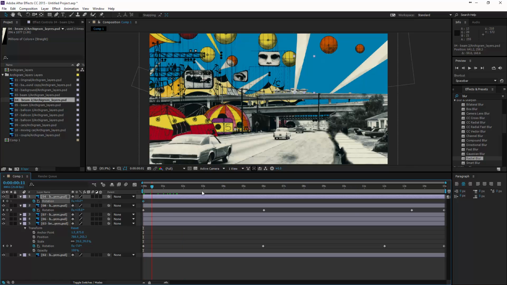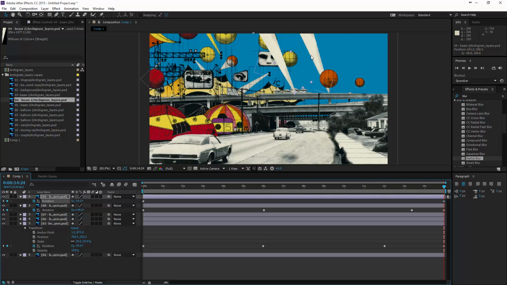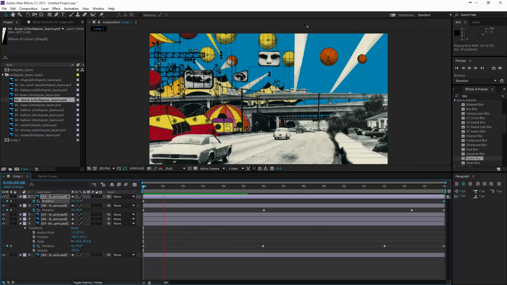So we have set our 0 point, and we're just going to come to the end and just pan it across ever so slightly. And now what we have is this light moving slowly, this one moving quickly,